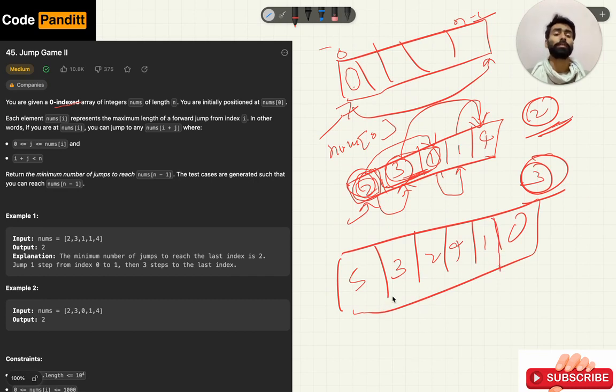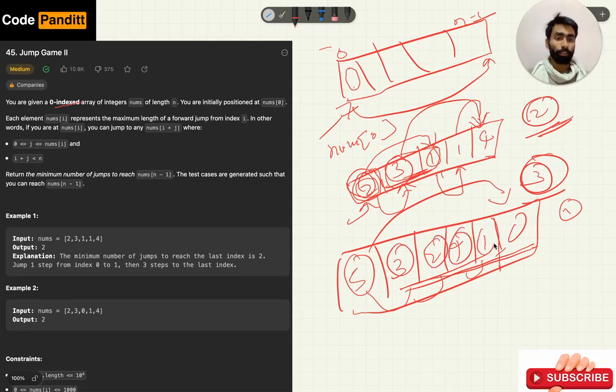In this case we have 5 options available to take the jump from, that is the maximum jump is 5, so in one jump we can reach the end, but we also have these other options. So we can take this also. If we check every element and the jump from it independently, then it will take O of n into n time, which is not an optimized solution.